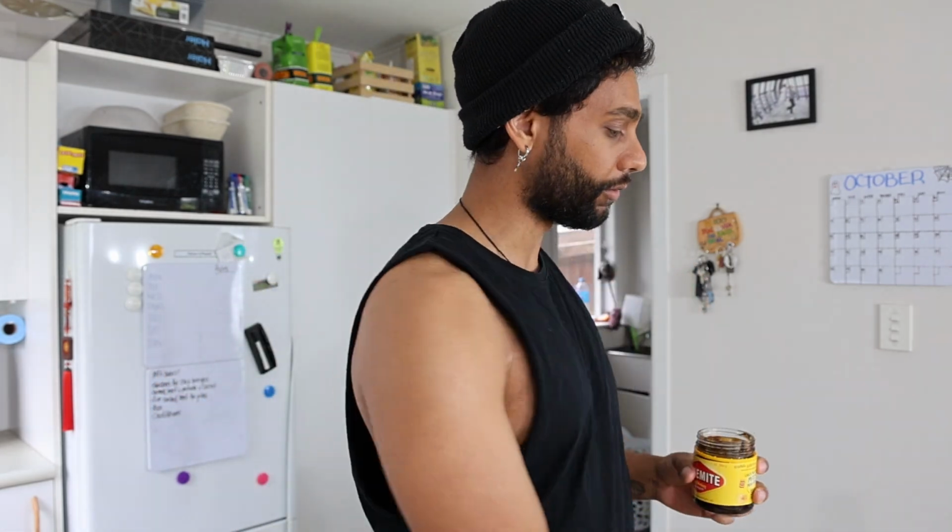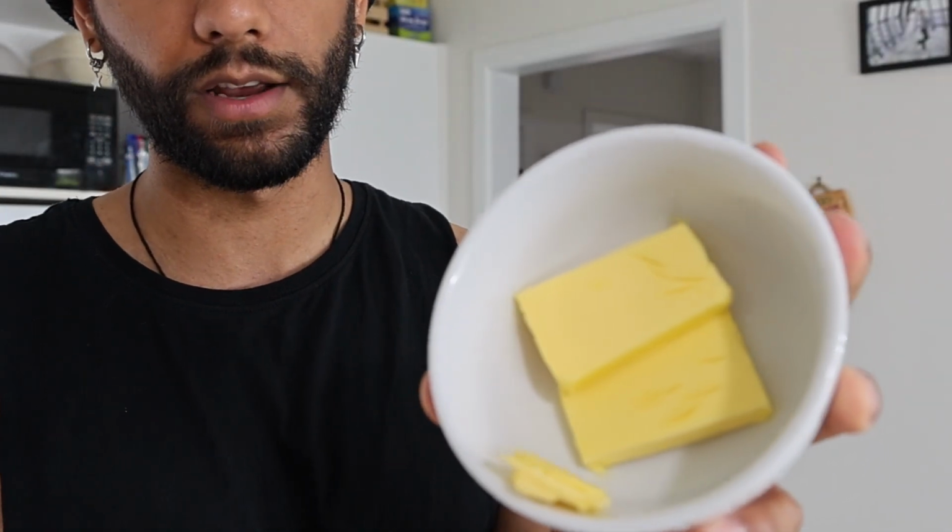When I got onto Vegemite, or just the mites in general, some Australian guy in a bloody balaclava was on TikTok saying that these spreads, Vegemite specifically, and Promite, are seasonings for your butter. Because in New Zealand and Australia, the quality of butter is so high. You see, it's yellow. Other countries, like America specifically, don't have yellow butter because their cows aren't grass-fed. Anyway, we have really good quality butter. This seasons the butter. It's like a salty...